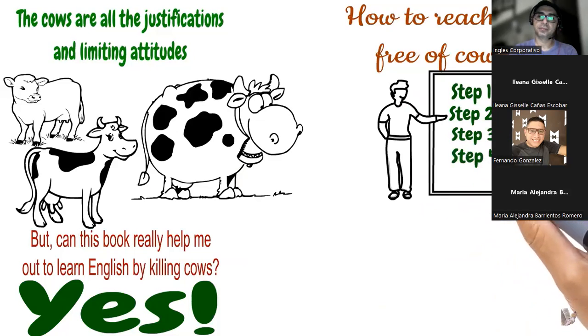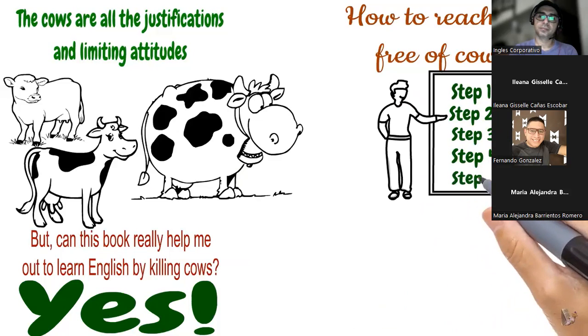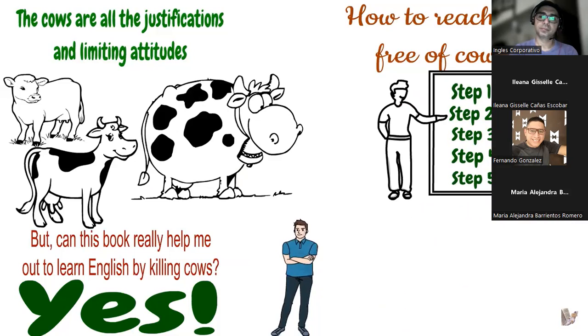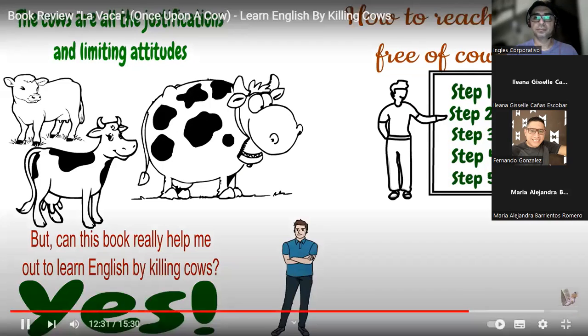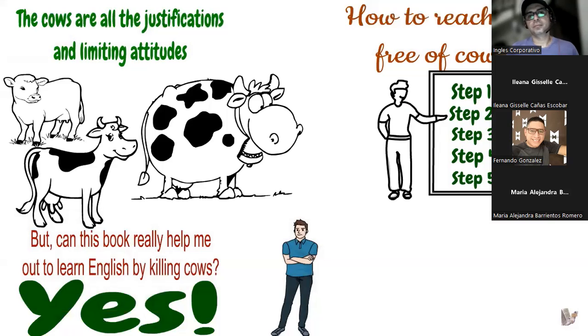Step number 4, how to make a list of the positive outcomes after killing your cows. And step number 5, how to establish new habits of life to become a professional cow killer. Now please let fly high your imagination, visualizing a life free of cows. Imagine what you are going to be able to do if you become someone able to identify your cows, and also someone that can develop a strategy to attack them frontally before they become obstacles that will impede you to